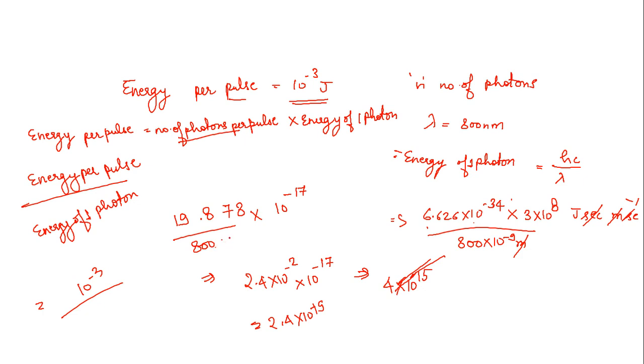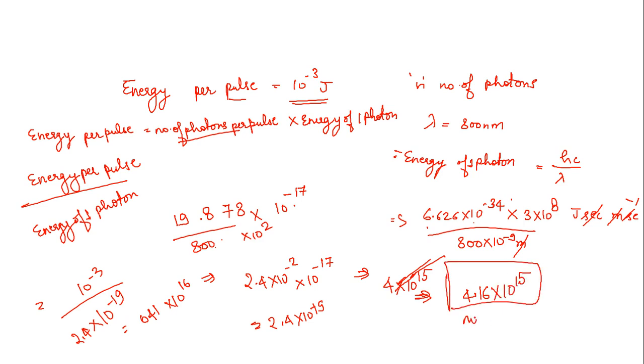okay, yeah, there is a mistake. The whole answer will come to be 10 to the power minus 19 into 2.4. It will go up there and it will come to be 10 to the power 16 into 1 divided by 2.4. So it comes to be 0.41. So here I'll write it 4.16 into 10 to the power 15, right? So this is the number of photons